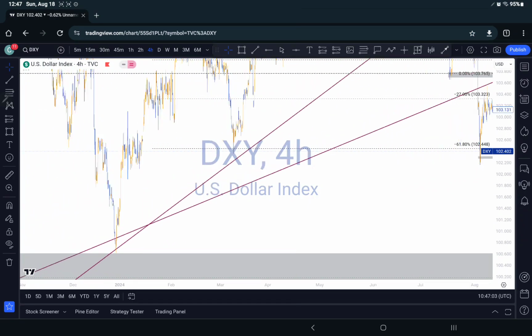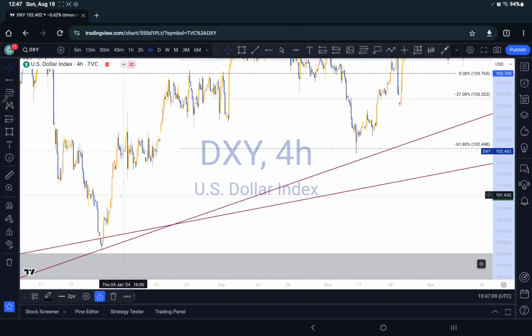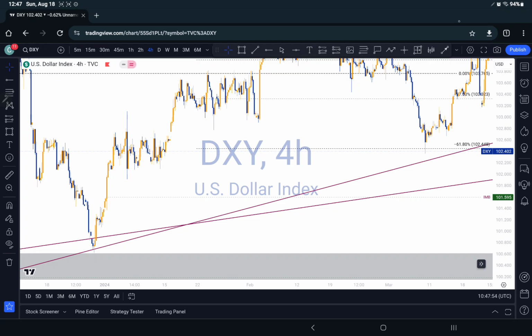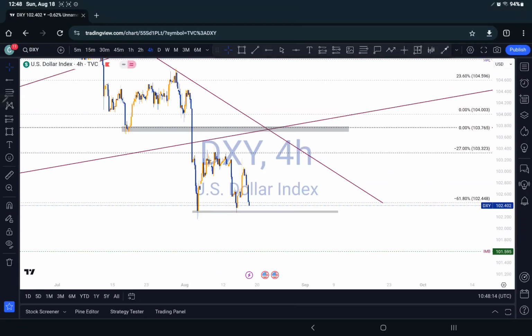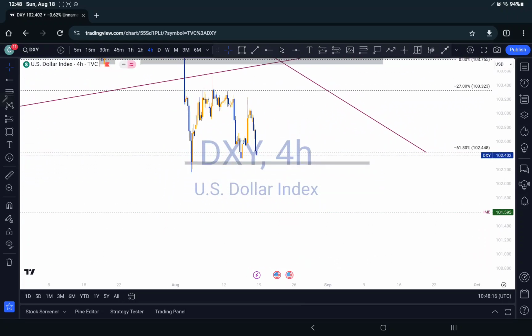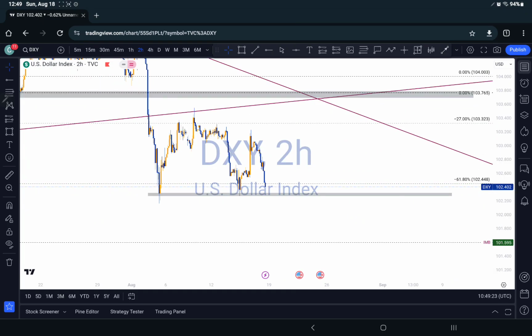So let's see, we have this imbalance right here. We can see right here that we have an imbalance around this area that needs to be filled, that hasn't been filled yet. So it just makes sense for us to have that as the next target if we continue to push to the downside. So let's go back to show right here. Right, that would be a perfect TP area for a down sell move. Let's go to my, okay, so